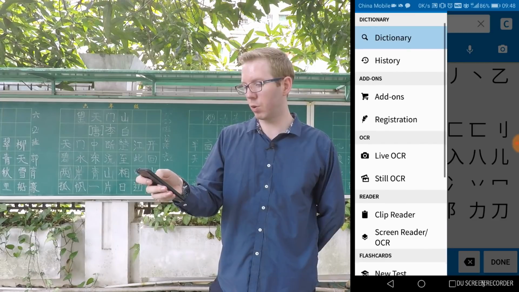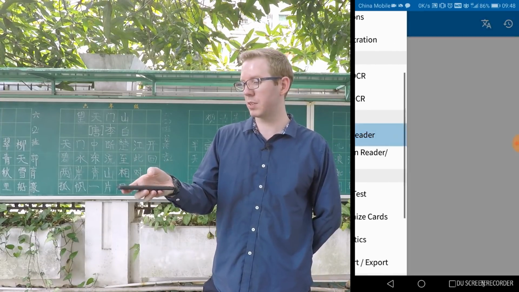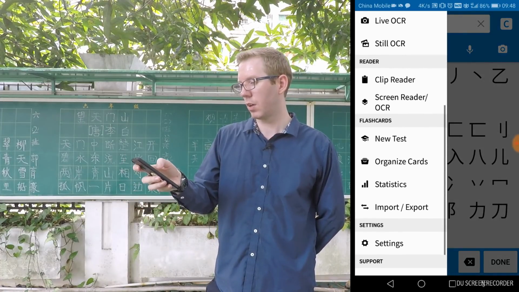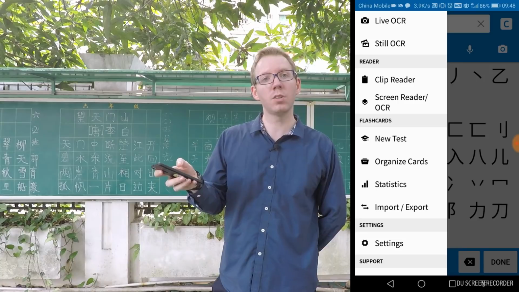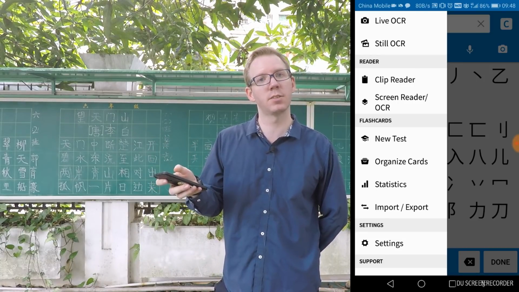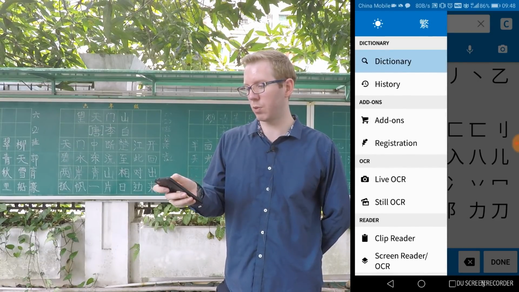And there's also, you can load clips to it and sections of text. You can create your own cards or actually purchase new cards for doing flashcard tests. There's such a variety of ways that you can use this,